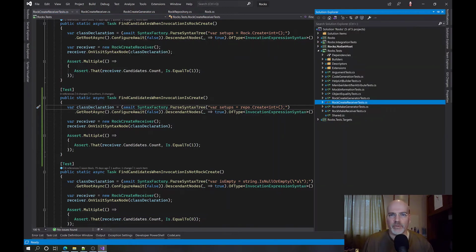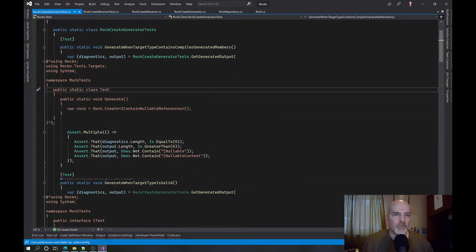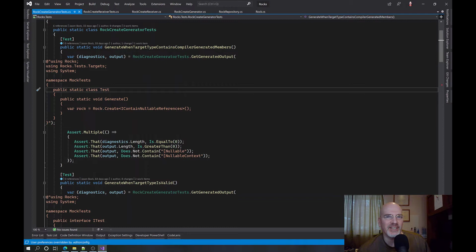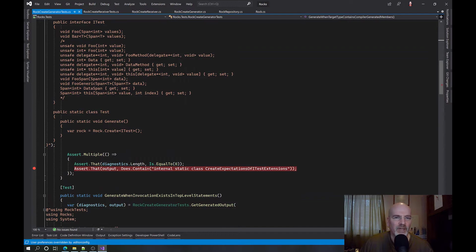Fine. But now what we need to do is have, that was the receiver. We want the generator now. Okay, so generate when target type contains compiler generated members. What does that mean? Target type contains compiler generated members. Where is I contain nullable references even? What? Huh? That should even work. What is this? Who wrote this test? What dumbass wrote